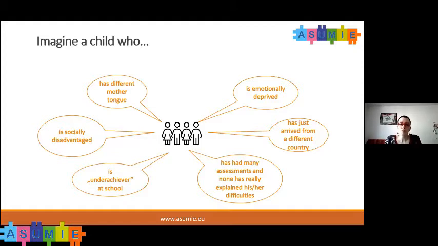Or maybe imagine a child who is an underachiever at school. It means the results of standard assessment show the child should work much better. The child has the potential, but for some reason, the school achievements are not so high as they should be. Or maybe imagine a child from a socially disadvantaged environment. I can imagine that each of you knows at least one kind of these children, that you probably work with some of these children. Maybe some of you have met and work with all these children most of your work days. And now the question is,